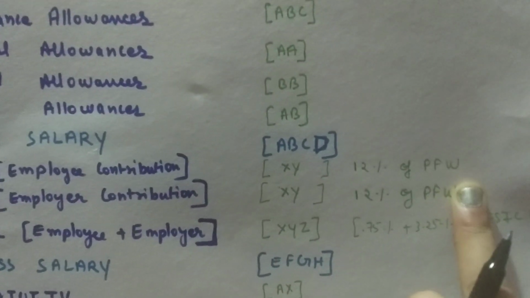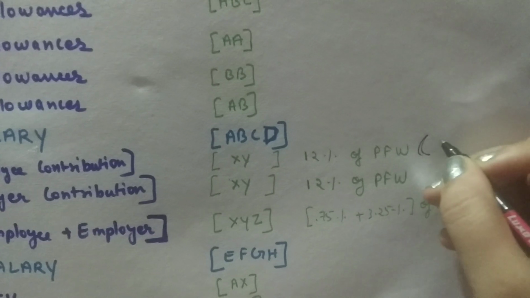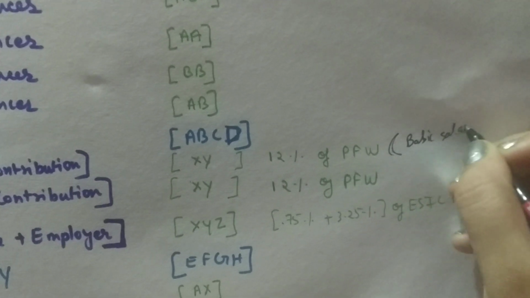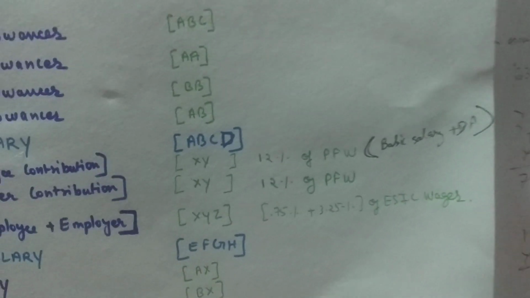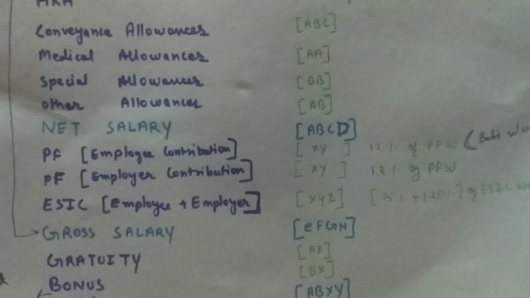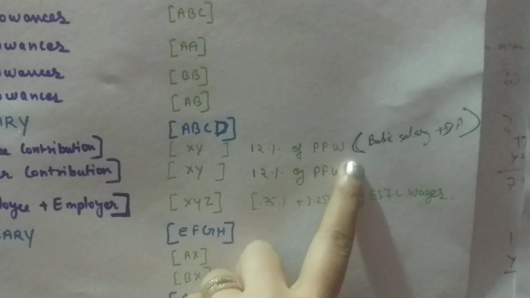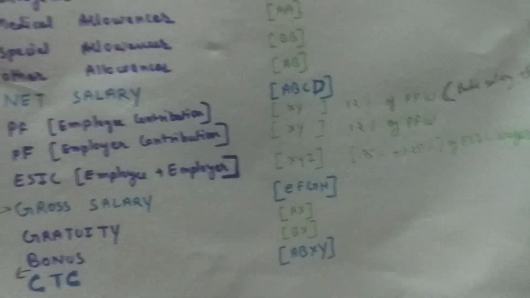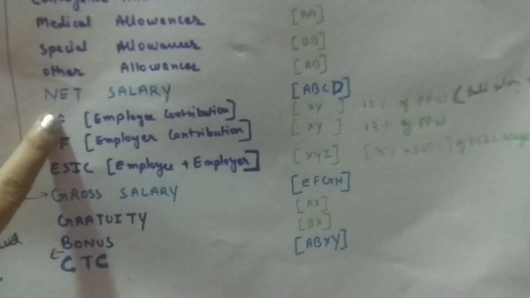This provident fund wage is actually the summation of basic salary plus DA. And there is a condition that it includes a ceiling limit of 15,000, which I will explain in detail later. So this depends upon this. ये जो PF wages का 12% होता है, that is contributed by the employee also, and this also includes the amount in the pension scheme which is contributed by the employee.